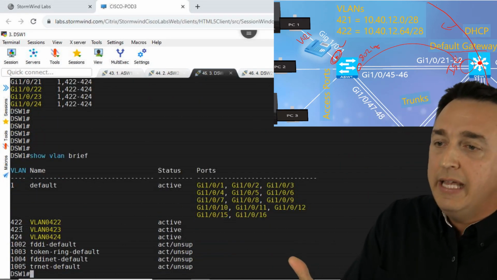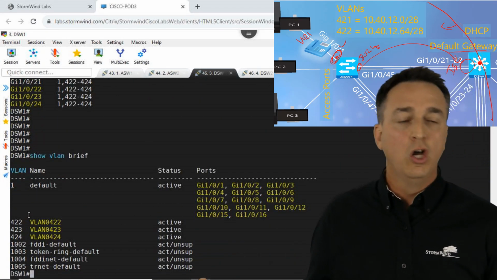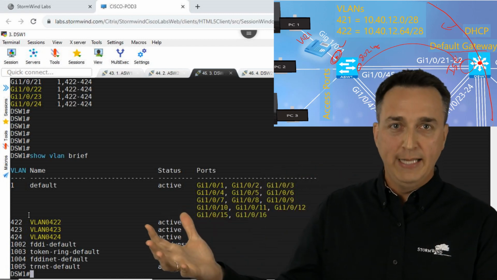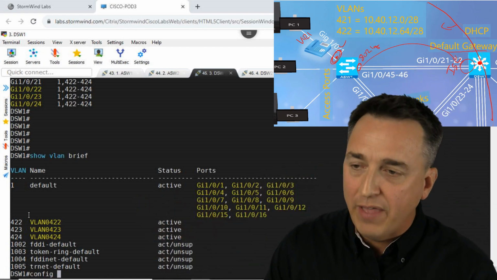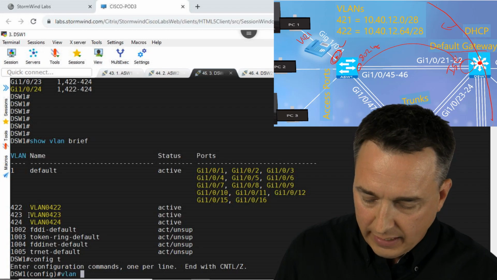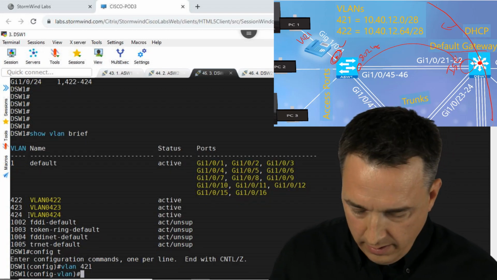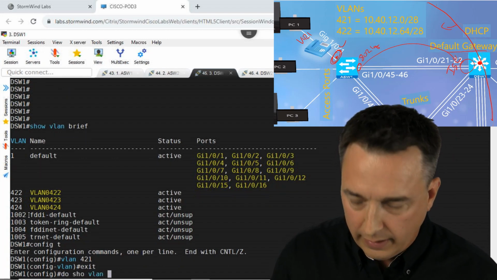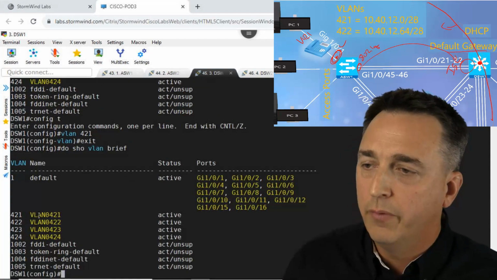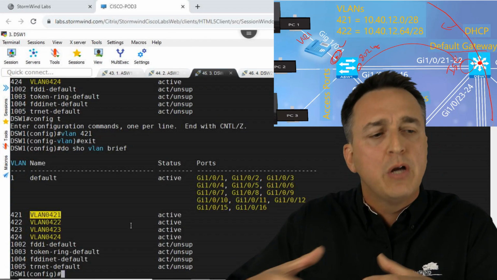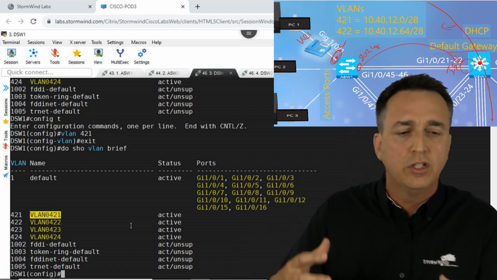All right, so you'll see here that the VLAN's totally missing. Totally missing, right? So let's go ahead and add that in first. So we'll type in VLAN 421. Exit out of there. Do show VLAN brief. And there we go. Now it's added back in. It'll take some time for the device to converge and do what it needs to do. So we'll just